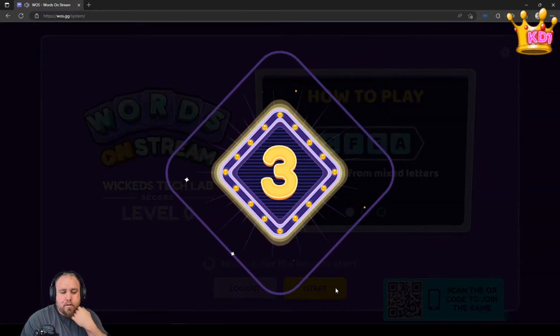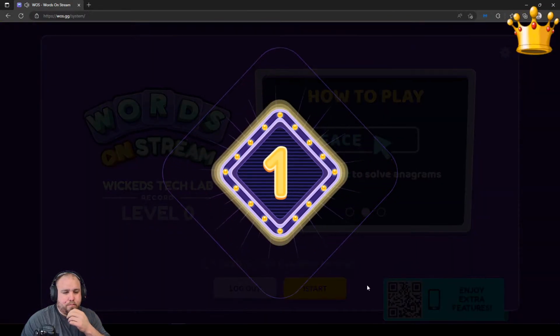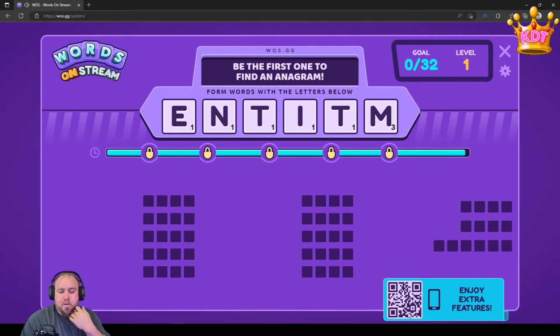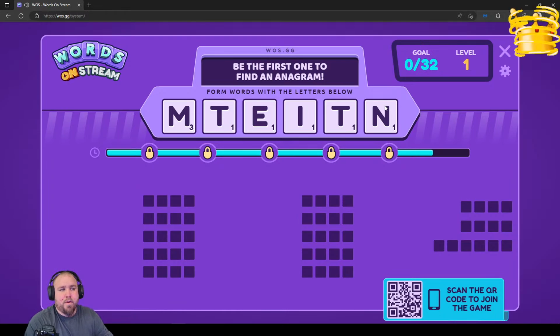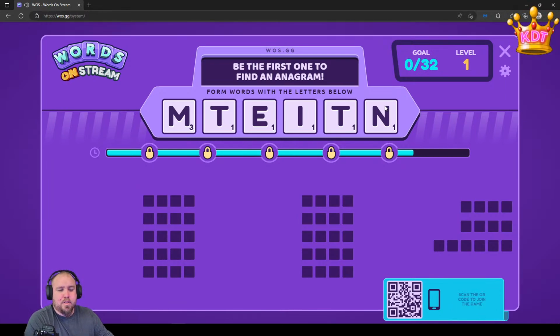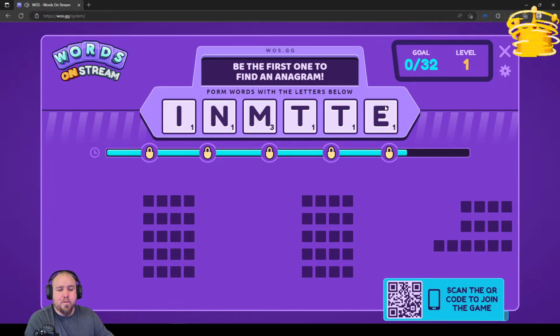If I hit start, the QR code's still here, and that way you can just start guessing. So you can play this on stream. As you play through, it's just like Words on your phone, like Words with Friends, same kind of thing. Or I think it's Words with Friends. There's one of these that you can play with your friends on your phone as well.